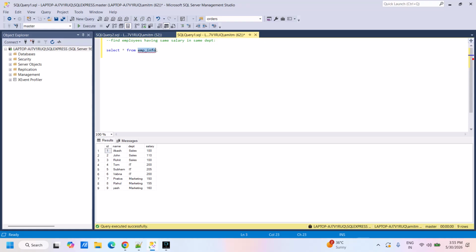So this is the input table. So you can see we have the employee IDs, name of the employee, the department to which they belong, and the salary that they are receiving. So these are just some random salary numbers. So what we have to do, we have to find those employees who are in the same department and having